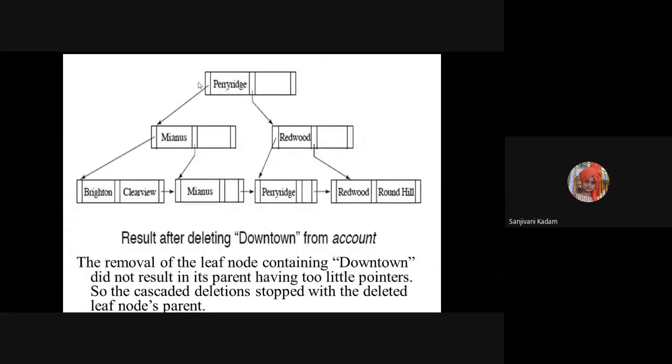So this will go to the right child because this is a right oriented tree, and from the right child this will go to the left tree. So removal of parentage doesn't mean that it will not affect the other nodes. It will affect them, and with parentage removal, these two siblings will come together and only a single node will be there. So redwood will come here.